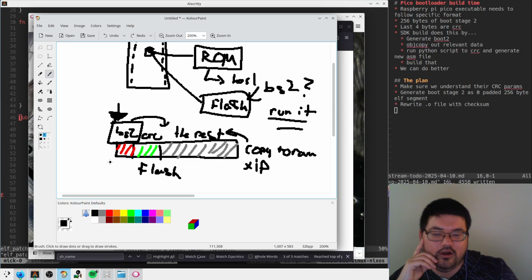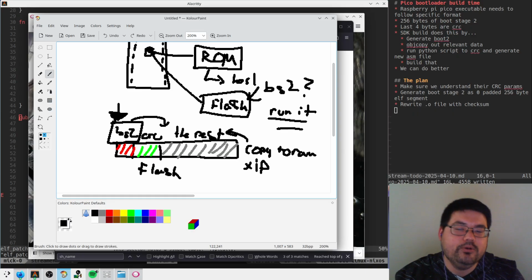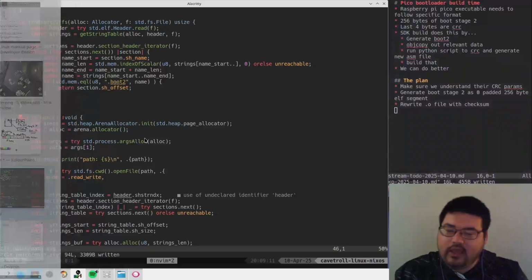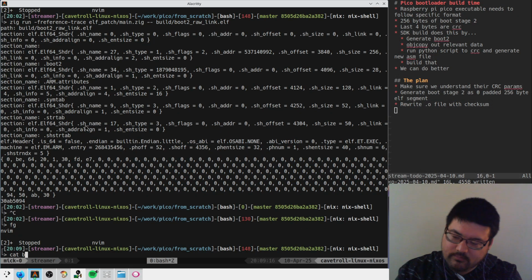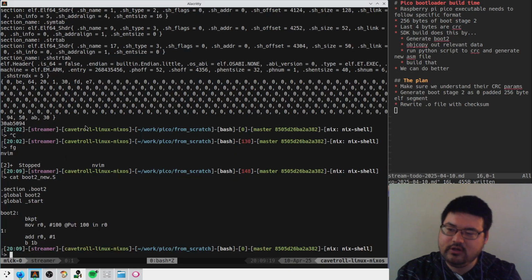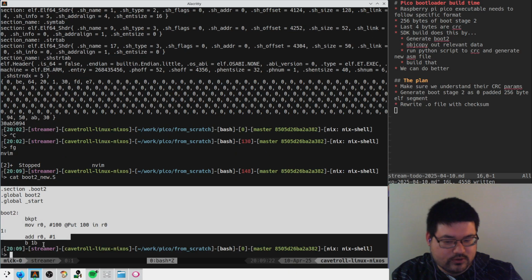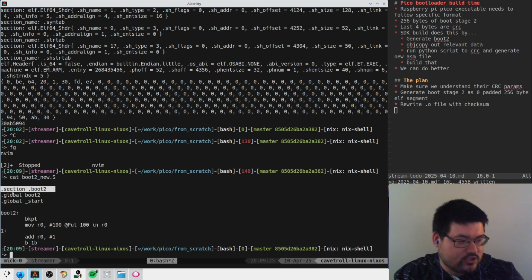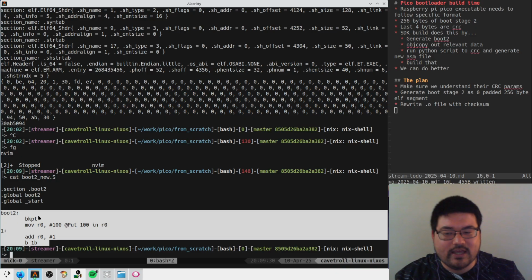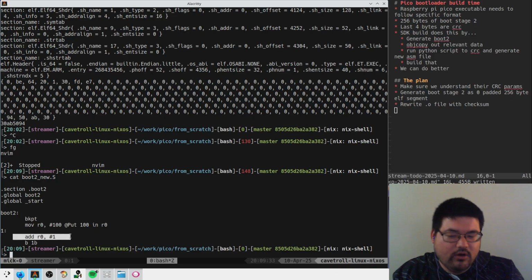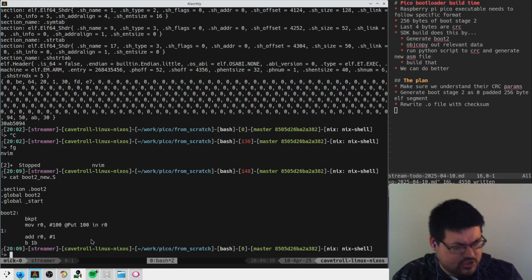So we are working on this part right now: the fact that boot stage 2 has to be CRC'd. We are looking at essentially rewriting the ELF file. So we have a boot2.s that basically does nothing too interesting. We say, put all this stuff in a special boot2 section. And we're not really doing any bootloading right now. We're just saying, put 100 in R0, add to it, and branch back. So just add to R0 forever, so we can hit the debugger and check that it's working. We have a linker script